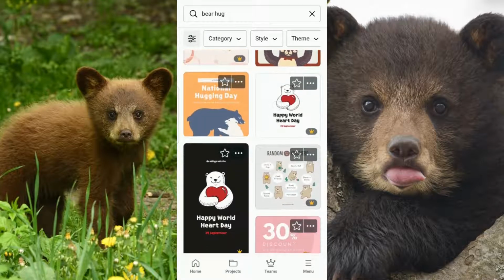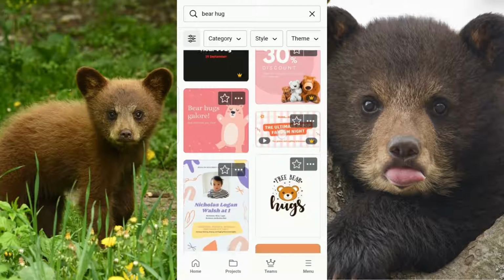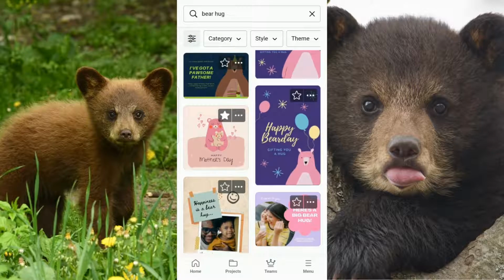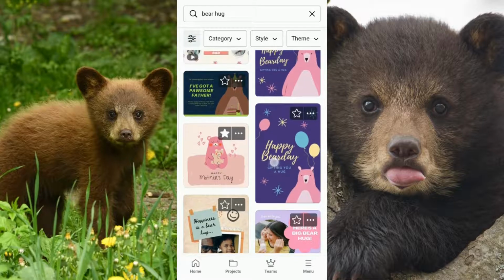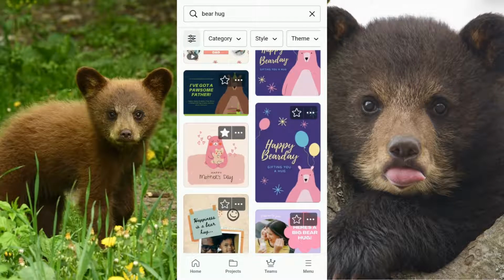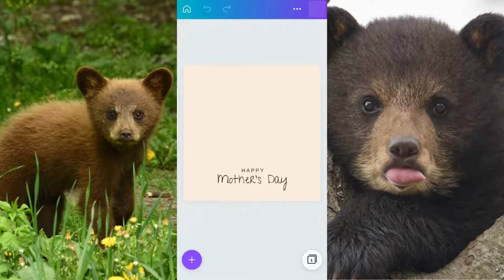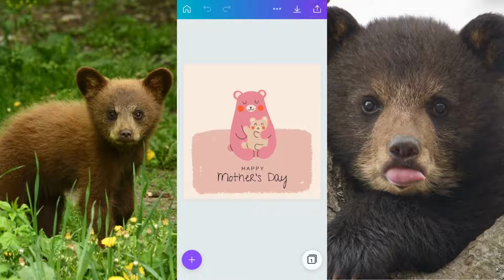So we're going to scroll, and as you can see here, there are so many cute templates that Canva has. So this one that says Happy Mother's Day, that is more or less in the middle of your screen to the left, we're going to be using this one. And as we can see, it's pretty much done. All we're going to do is to modify the words, but before we do that, we're going to change the size of it